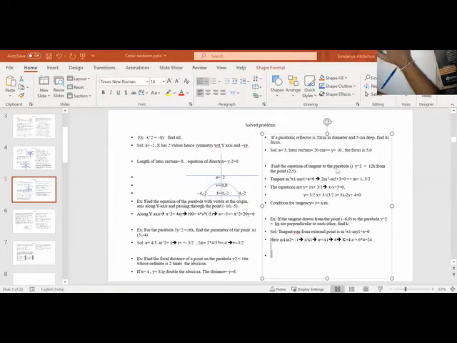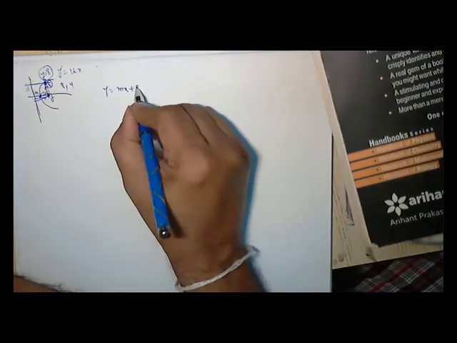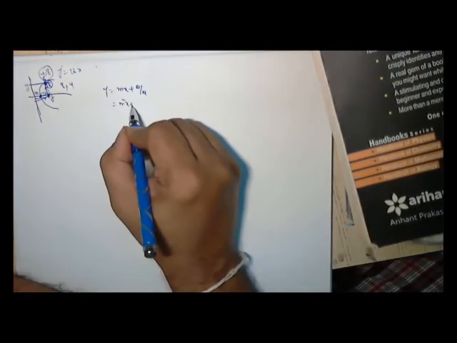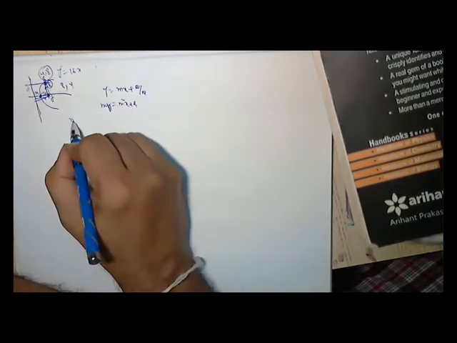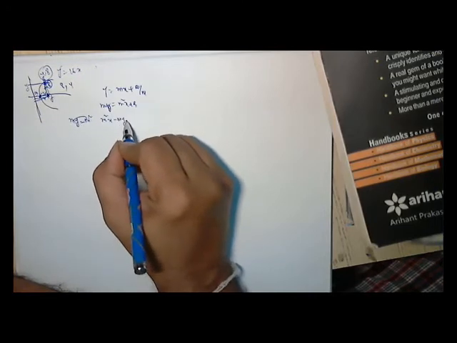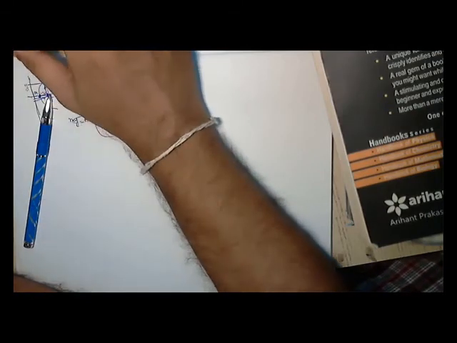So find the equation of tangent to the parabola from the point. We have an external point and we have to find the tangent. What is the condition? y is equal to mx plus a by m. So y is equal to mx plus c, where c is a by m, is the condition for a parabola. When we change it, m square x plus a is equal to my. Let us put m square x minus my plus a is equal to 0. This is the tangent equation in quadratic form.